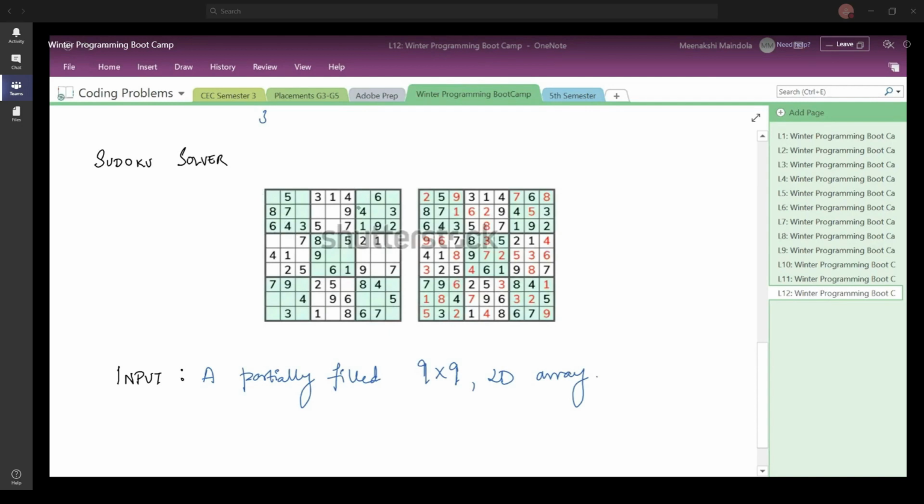So you see your 9 cross 9 grid is divided into submatrices or subgrids, which are of size 3 cross 3. So this is the first one, second, third, fourth, fifth, sixth, seventh, eighth, and ninth, right? Now in each of these grids as well, you cannot have a repetition of any digit, and the digits that are allowed are only from 1 to 9, right? So up till now, have you understood what is supposed to be done?